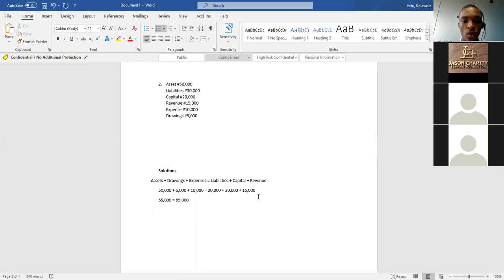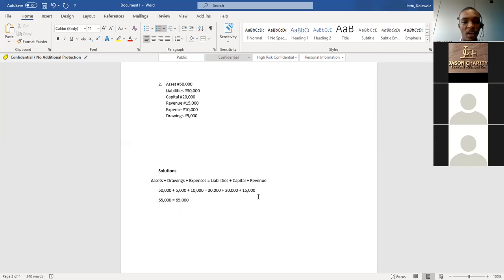So based on our formula, just substitute the figures given above. It is the formula that is now directing you to pick the right figures. Asset plus drawings plus expenses equals to liabilities plus capital plus revenue. So our asset is how much? 50,000. Our drawings is 5,000. Our expense is 10,000. Add those three together on the left-hand side, then equals to our liabilities plus capital plus